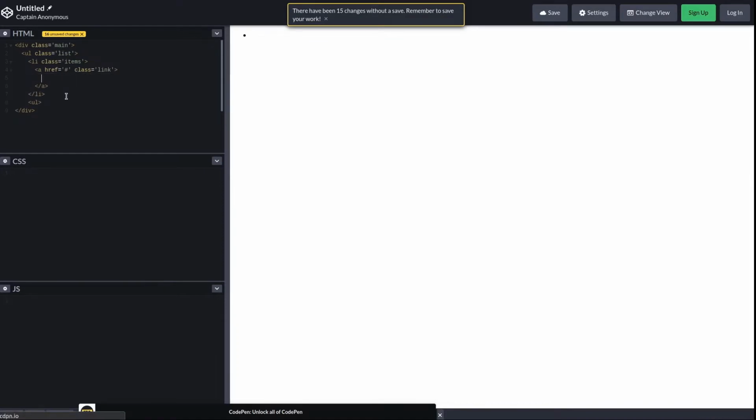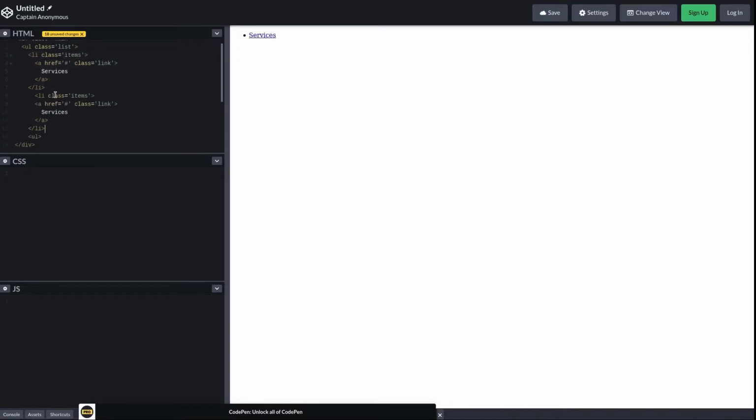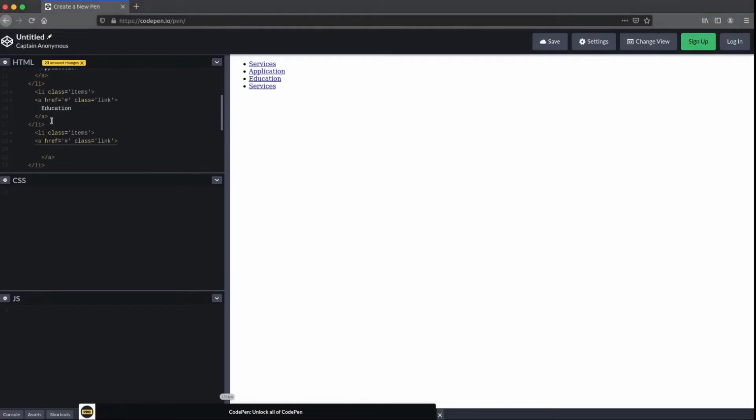Provide some dummy text like services, and now copy this li 3 more times. Now change this dummy text, like how about adding an application section, and an education, and how about section, about.